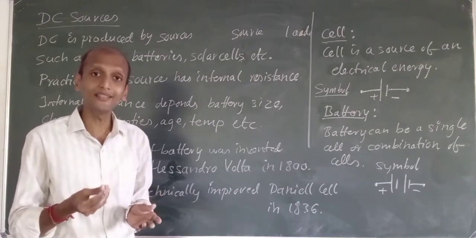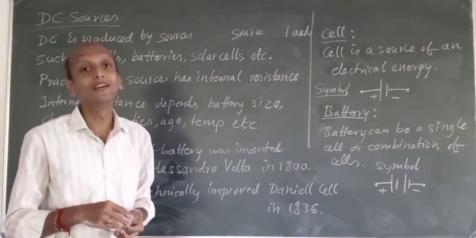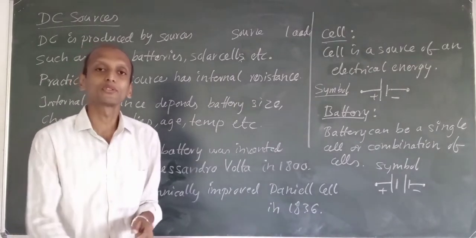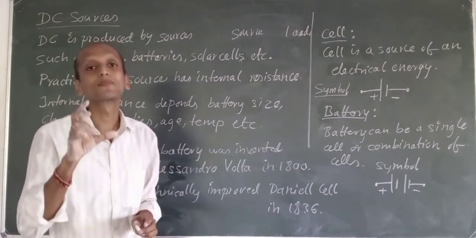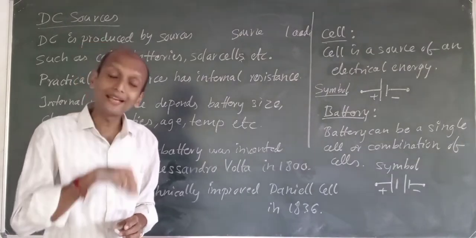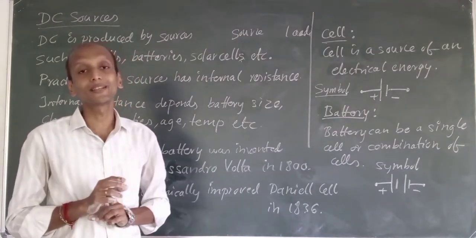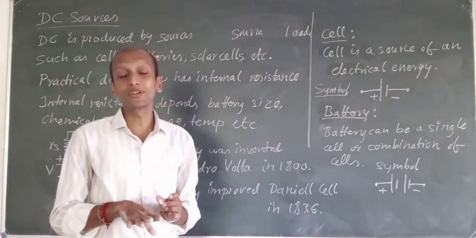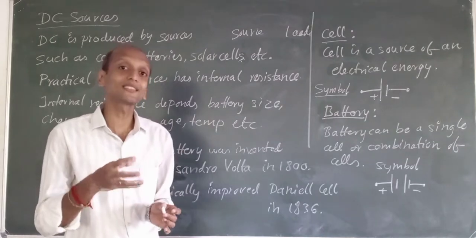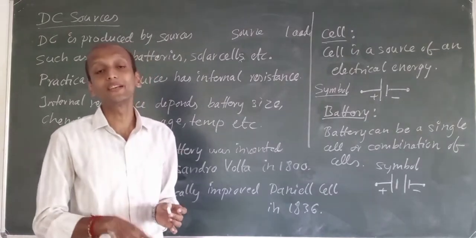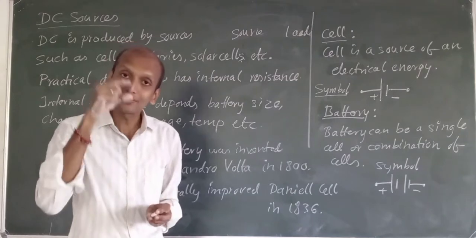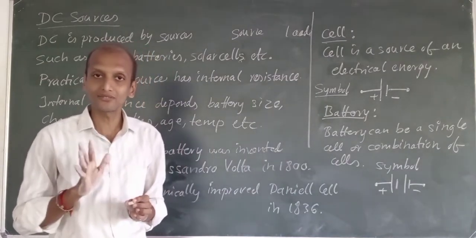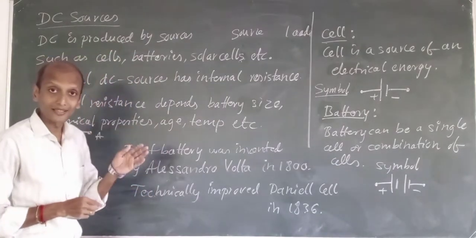Coming to a battery or a cell, it will definitely have a resistance, and that resistance is called internal resistance. Internal means it is of itself. The resistance is present in it only. I have taken a cell, and the cell has certain resistance within it. That is called internal resistance.